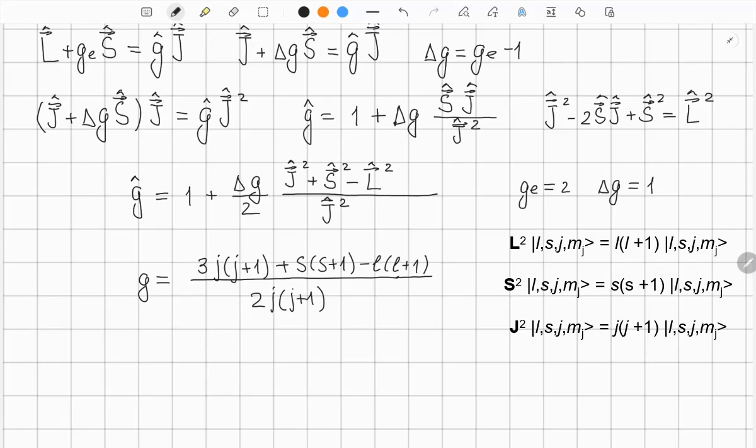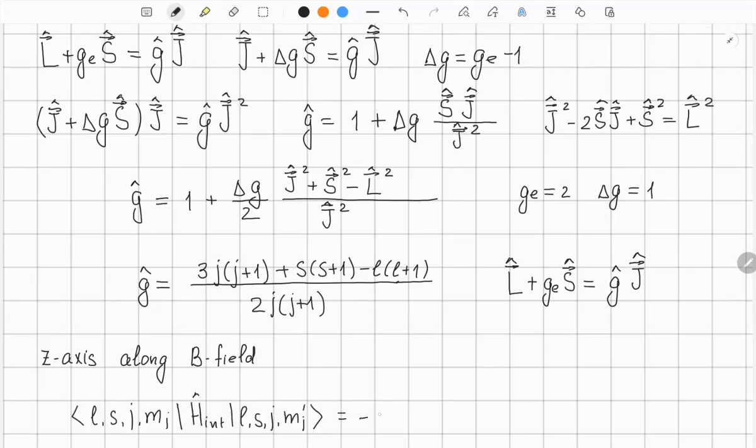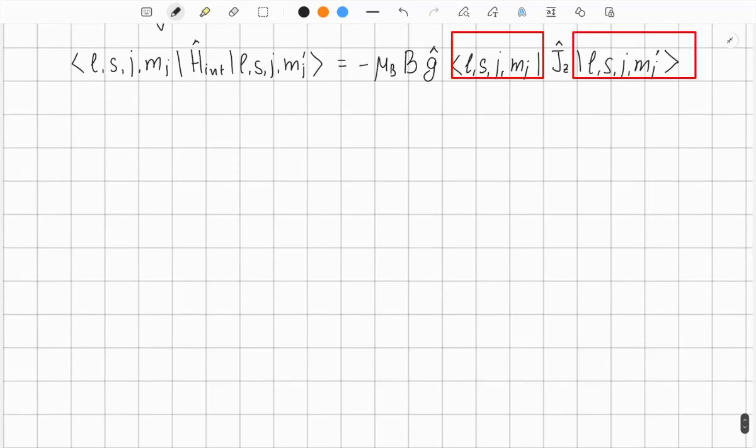Hence, we have shown that the combination L plus g_e S is effectively proportional to the total angular momentum operator J. Using this fact, and by aligning the z-axis along the direction of the magnetic field, we can rewrite the matrix elements of H interaction in a simplified form. Since our quantum states are also eigenstates of the operator J_z, all matrix elements become straightforward to compute, resulting in